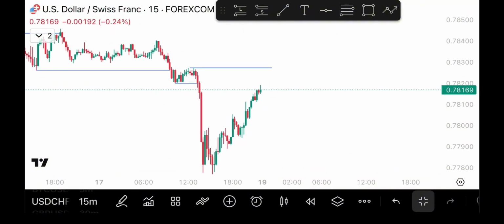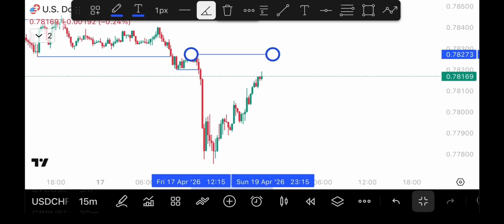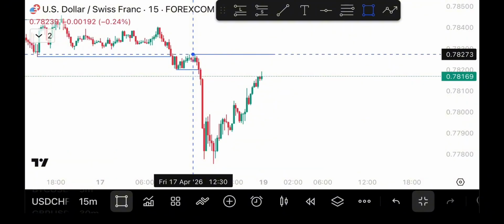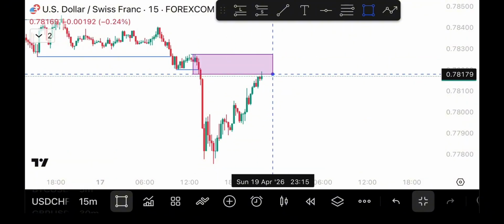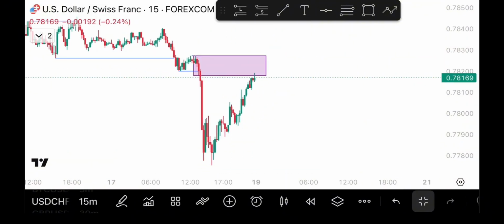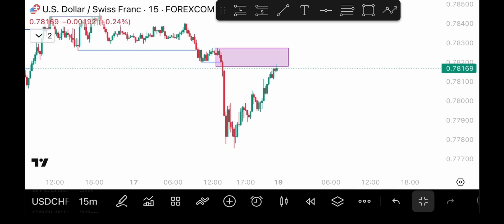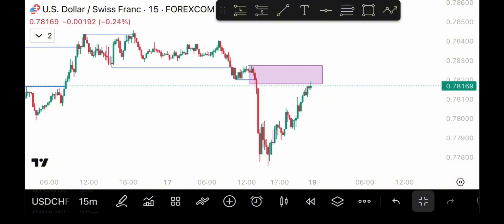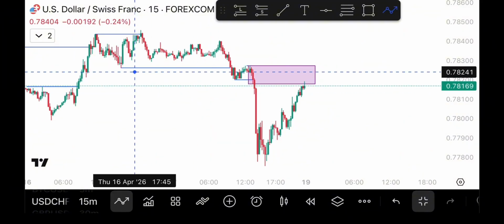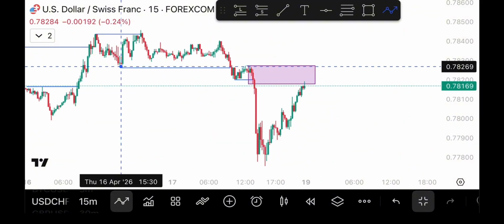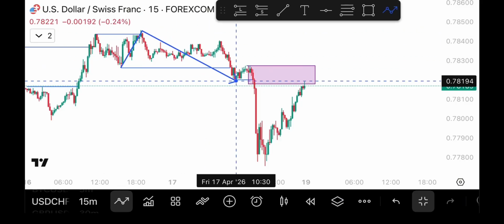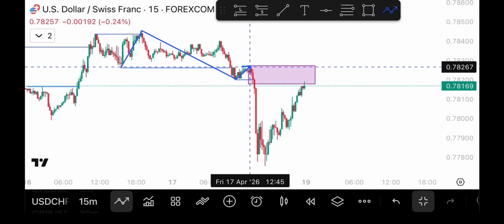But as I know, if price is already at my POI before the next day, most of the time it tends to want to flip on a change of character, causing a market structure shift. But for now, our analysis is to sell, but whatever happens tomorrow, which is Monday, will determine what we will work with in the market. So for now, we're looking to sell USDCHF from that zone, but whatever happens will determine. So now I marked out my